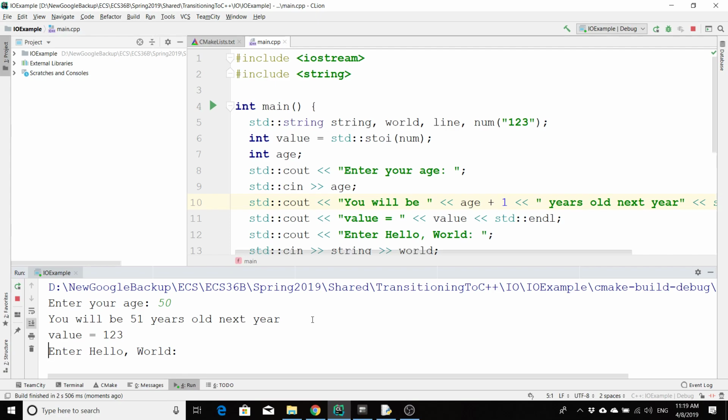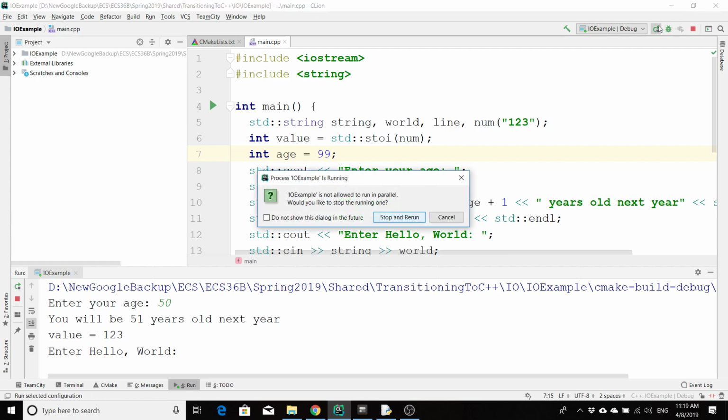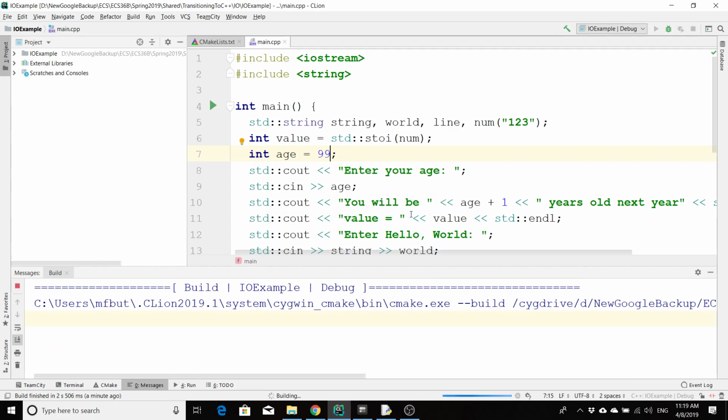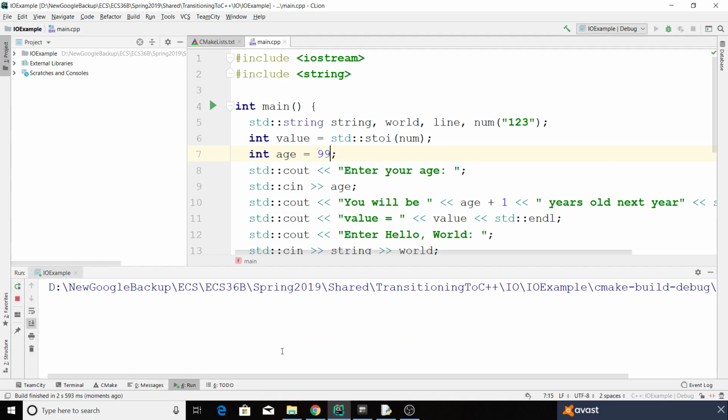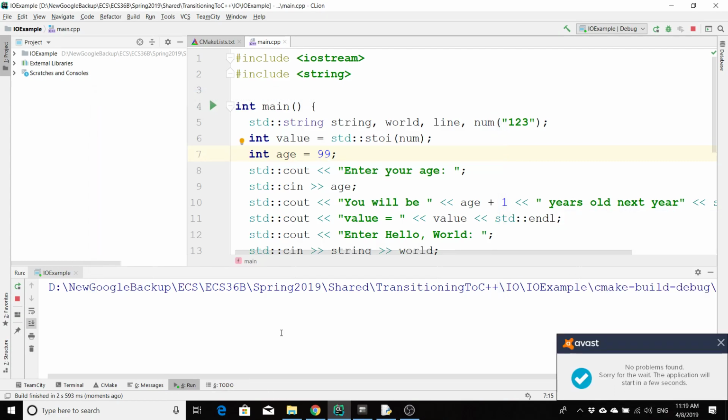We will talk about, though, later on, how we can verify that the input that the user has entered is valid, right? That it's actually something that we intended, that they gave us what we intended to receive. Like if we're asking for an age and the user enters in something like Bob. So this is an interesting example. So let's say my age is equal to 99 by default. So some interesting things to enter. Let's say my name is Bob,